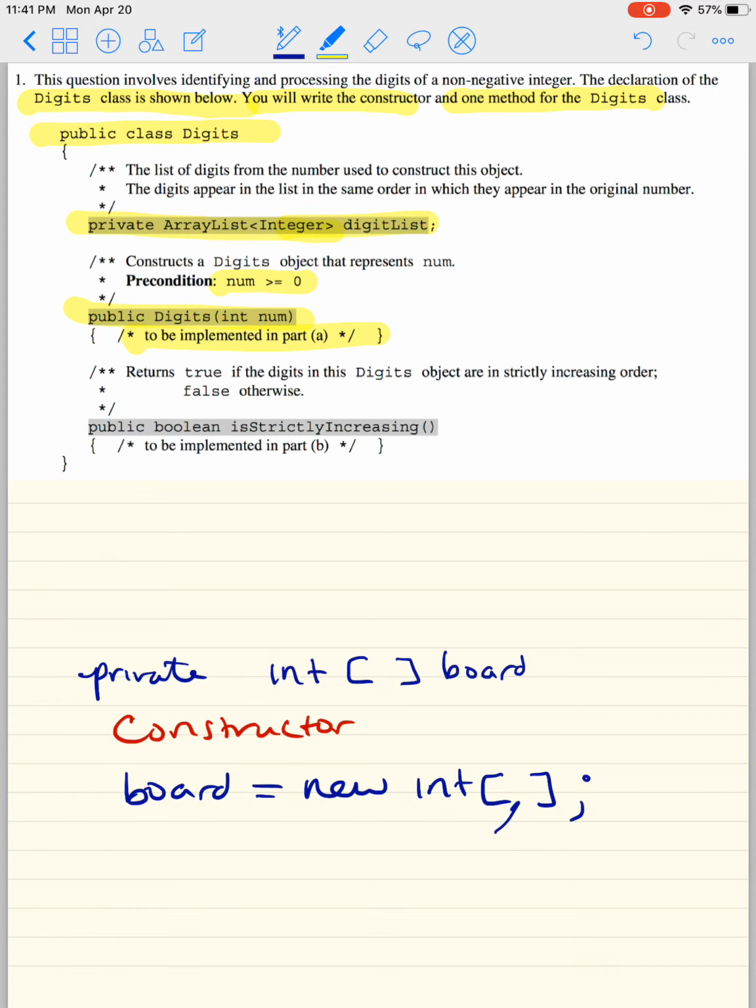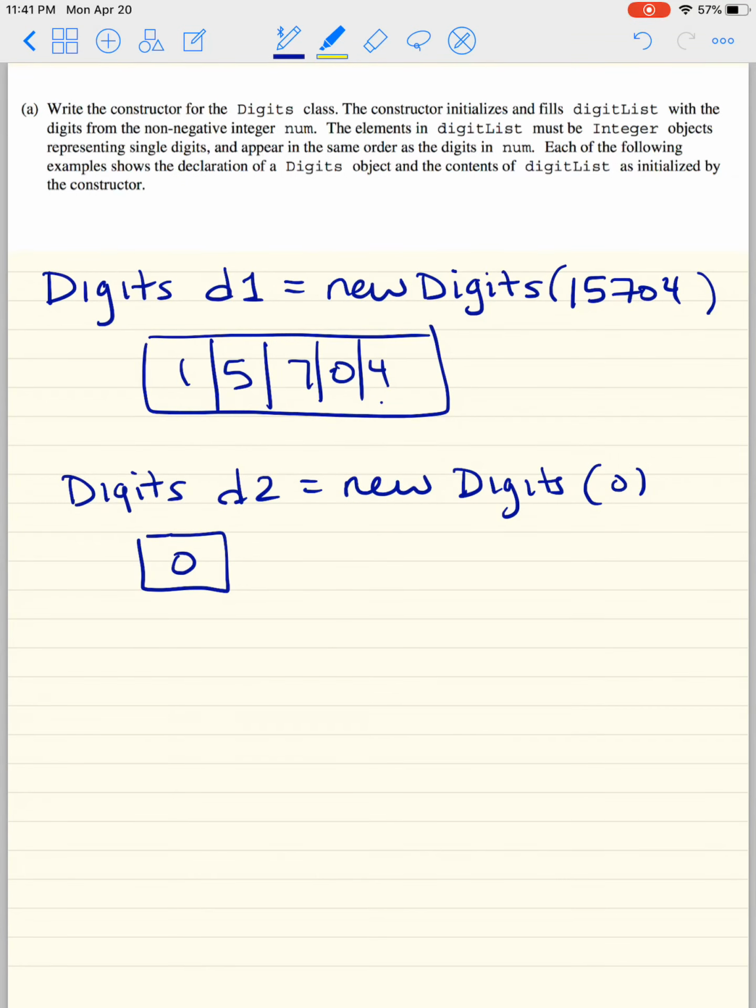Let's see what part A wants us to do. It says write the constructor for the digits class. The constructor initializes and fills digit list with the digits from the non-negative integer num. The elements in the digit list must be integer objects representing single digits and appear in the same order as the digits in num. Each of the following examples shows the declaration of digit objects and the content as initialized